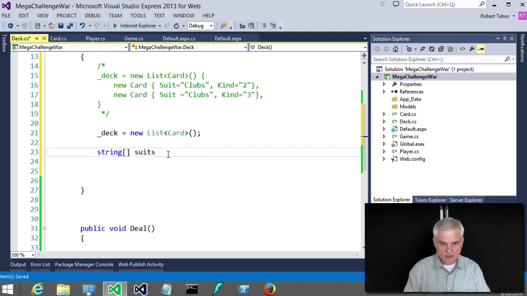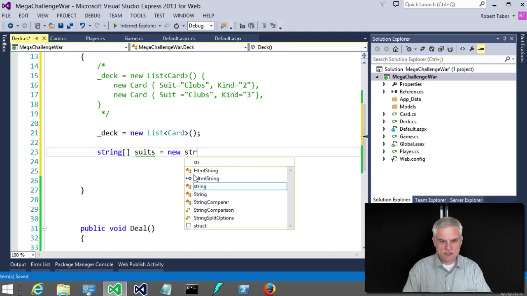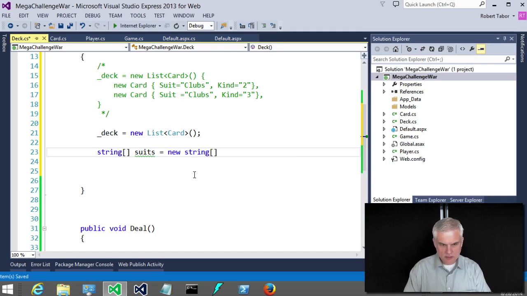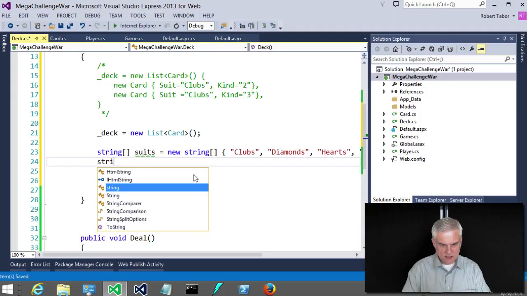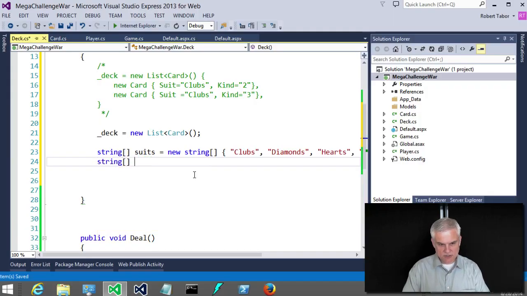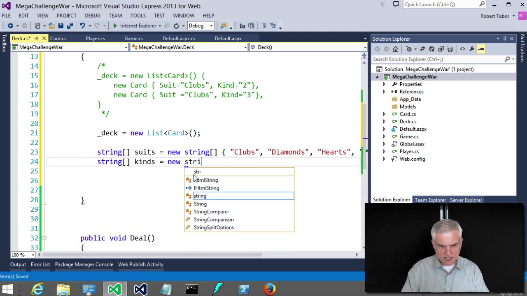suits equals a new string, and we'll go clubs, diamonds, hearts, and spades. All right, and then we'll create the second array. So suits as we kinds equals new string,